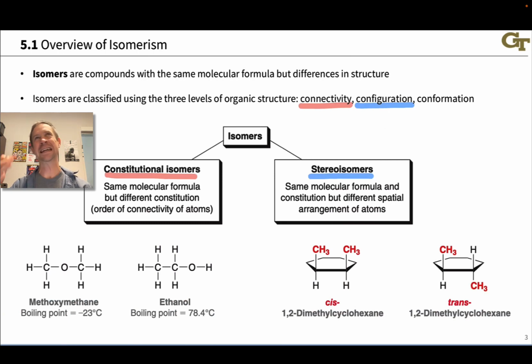Conformational isomers are even more similar than configurational isomers and quite frequently rapidly interconvert at room temperature. A good example of conformational isomers would be the two chair forms of a monosubstituted cyclohexane, like this. The equatorial and axial conformations are conformational isomers, and we won't deal with conformational isomers very much in this course,